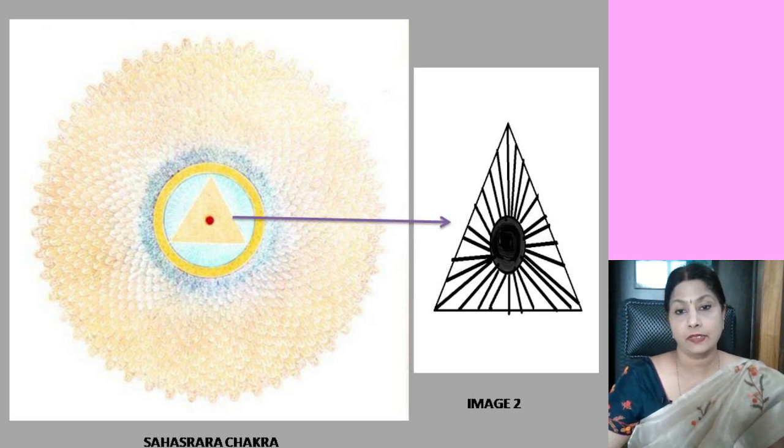What I saw was the same Trikuta or this triangle with the center black dot as the Parabindu. And this was lit up with very pleasant white light, which is the light which I referred to as the Chandra Mandala in the Sahasrara Chakra. So I saw this image in my third eye, and this image was referring to the Parabindu that existed within my Sahasrara Chakra and that God was watching over me.